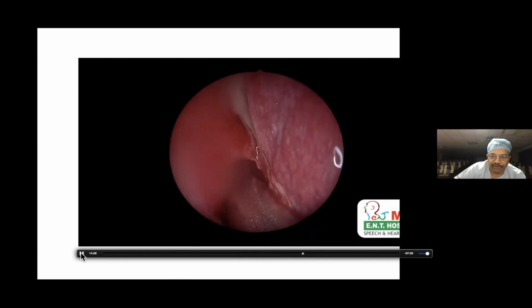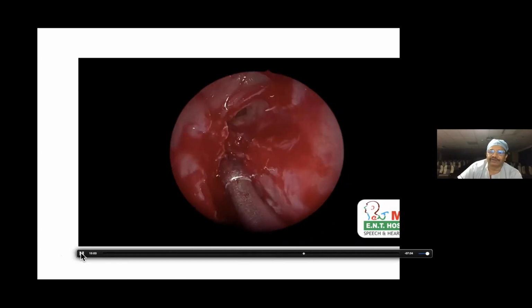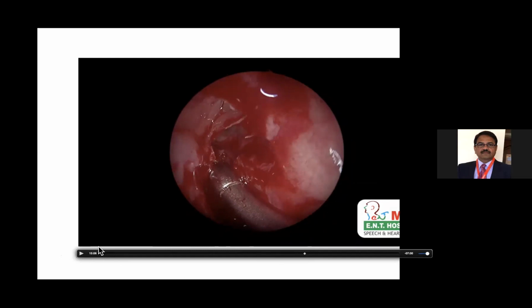The anterior wall, which I have opened with the balloon, is being debrided. Which blade are you using for this work? Rad 40. And here you can see a bare piece of bone is there. That I need to remove.